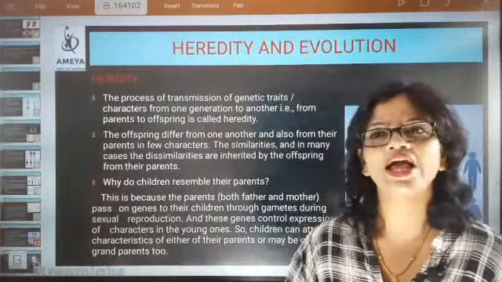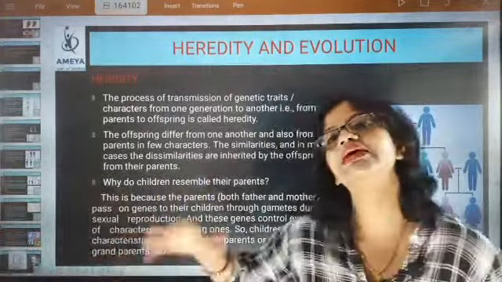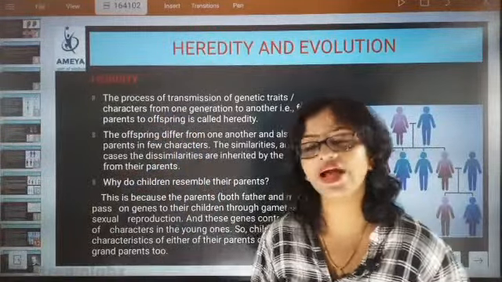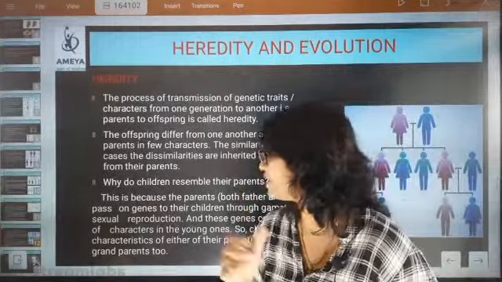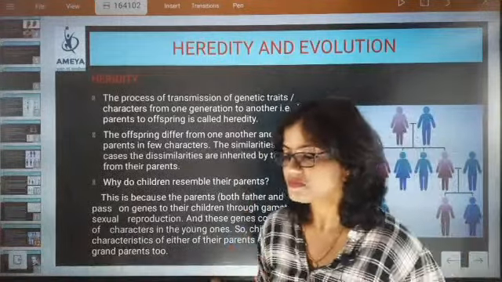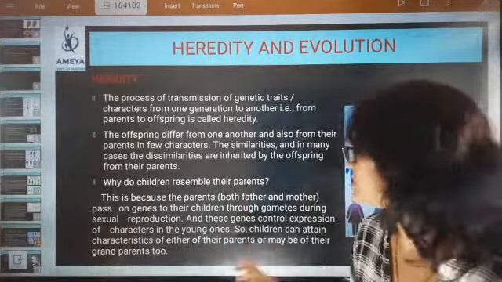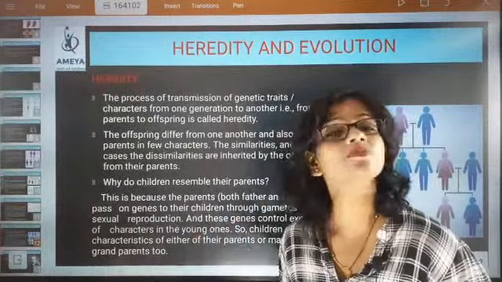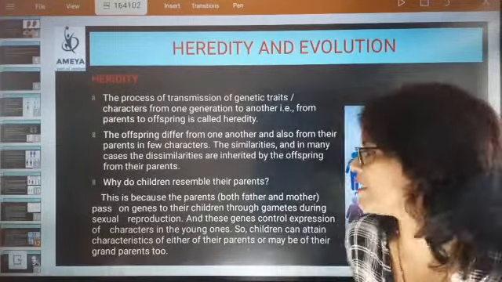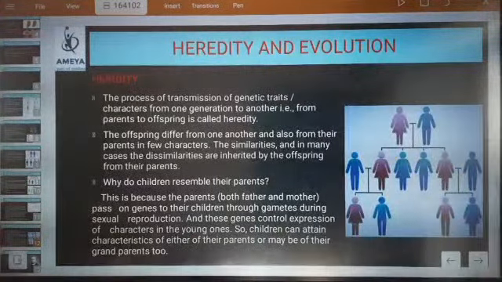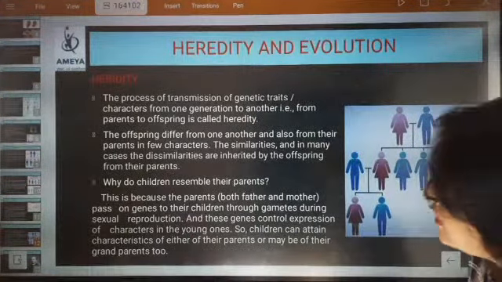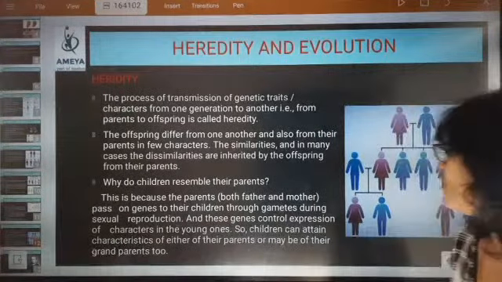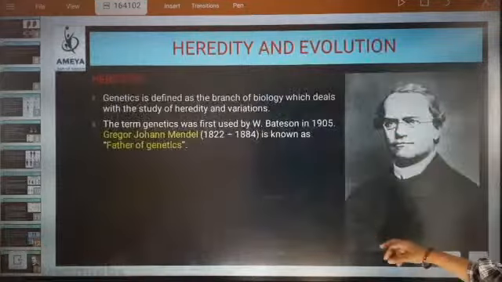So the genes of grandparents, great grandparents, everything will be present there, and because of that only, the child will be exactly showing similarity with their parents or grandparents, and that is what these genes control: expressions of characters in the young ones. So children can attain characteristics of either of their parents or maybe of their grandparents too,